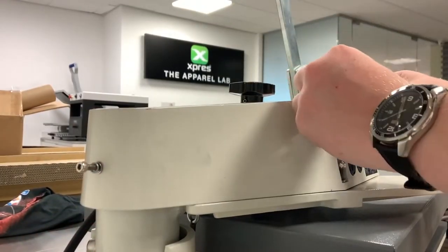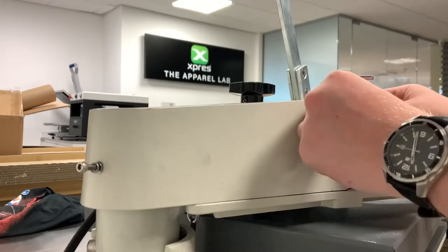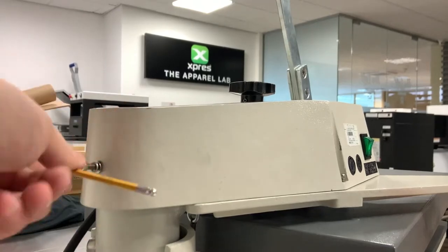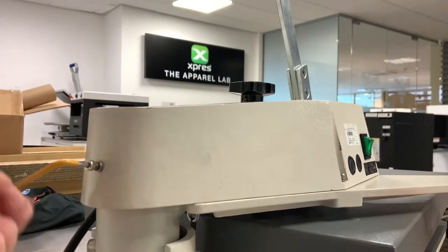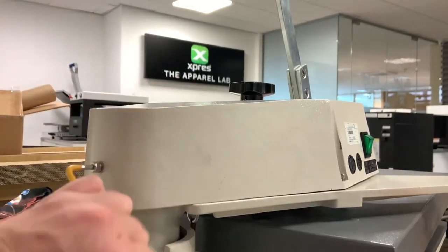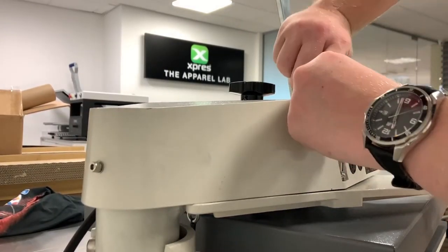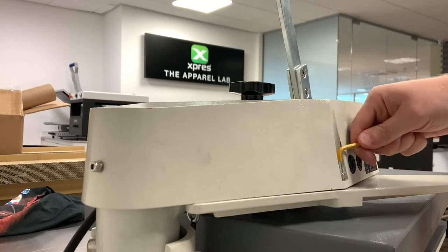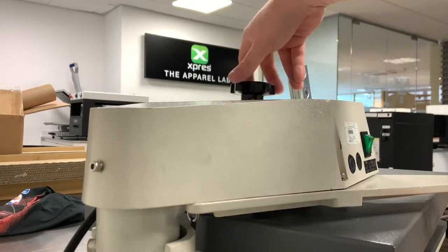So I'm going to start tightening this one up here until it's just tight, not all the way, just right, like that. Same with this one. I'm just going to begin tightening it in. Now this one, I tighten this one up first, and then this one last. So just tighten it up a little bit more, and finally give it one good turn or two until it's nice and tight. Once you hit that point, your machine should be back